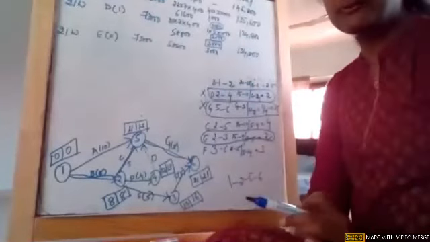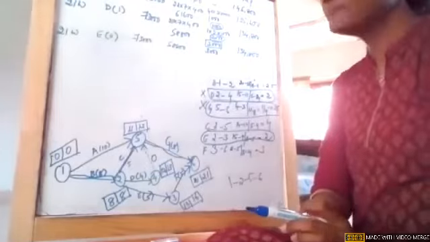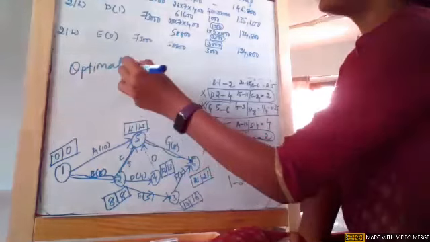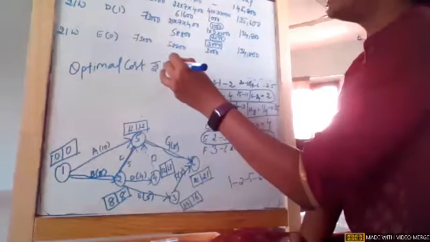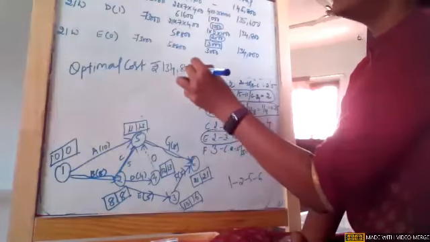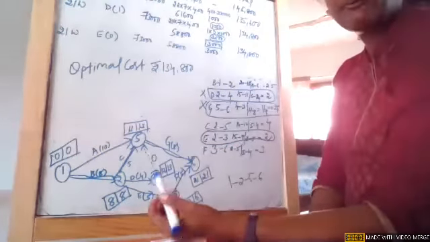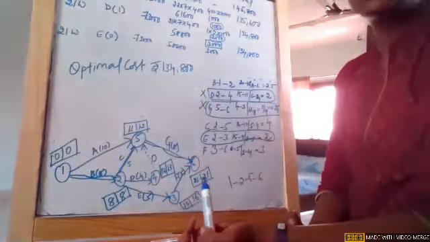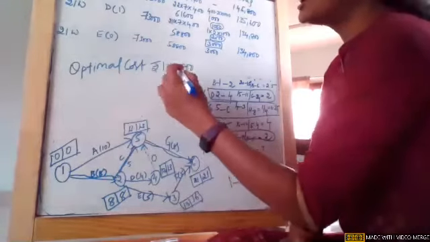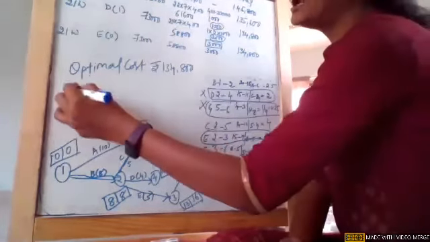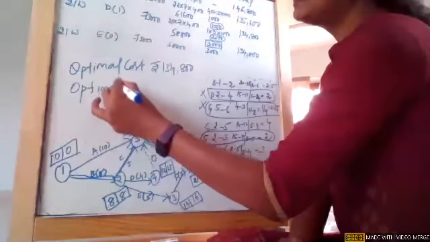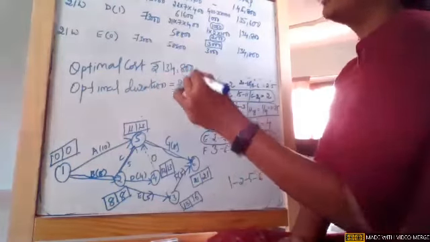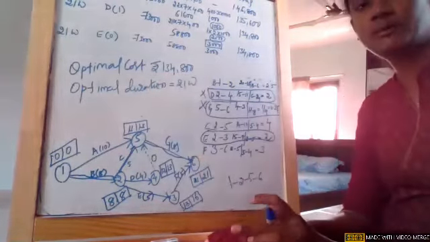So now at this kind of juncture, we try to convey that the optimal cost for the project is rupees 1,34,800, which is neither reducing nor increasing. Okay, we came into a situation, though we are able to crash an activity, but still the duration is not reduced. So optimal cost is rupees 1,34,800 and optimal duration is 21 weeks. Okay, girls. So this is how we are just concluding the problem.